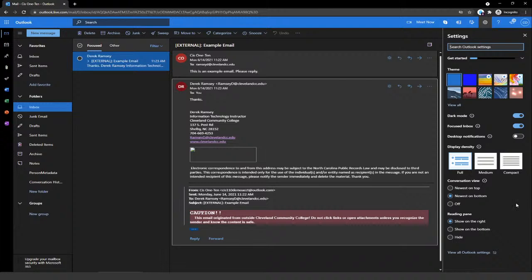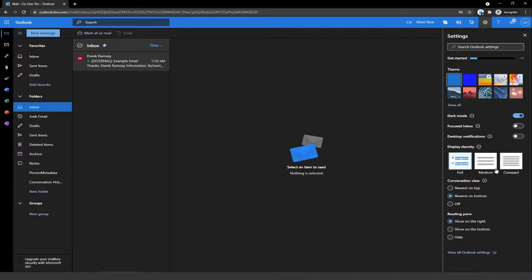And so by default, I get a few little settings here. Like I have dark mode that I can toggle, whether or not I want to use my focused inbox, and I don't really like focused inbox, so I'm going to turn that off. How I want my email messages spaced, whether I want them spaced out where I can have more information as I look at them, or what have you. The conversation view, whether I want the newest at the top of my list or the newest at the bottom of my list, which having the newest on top makes the most sense, so we'll do that. Where you want your read pane to be, whether you want it to be on the right,